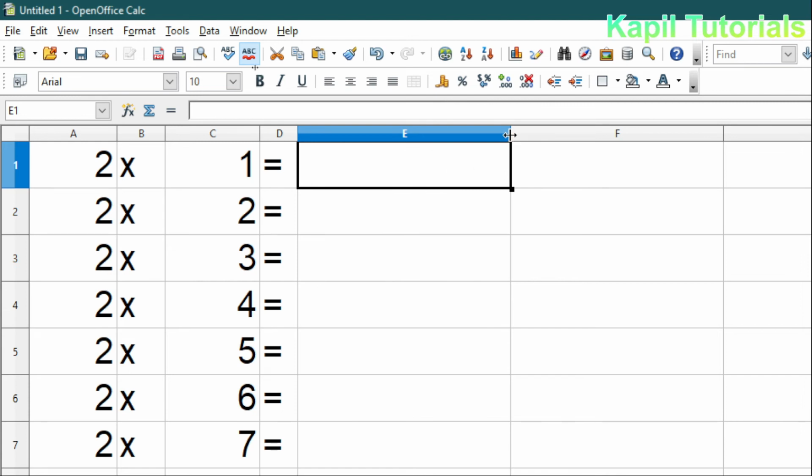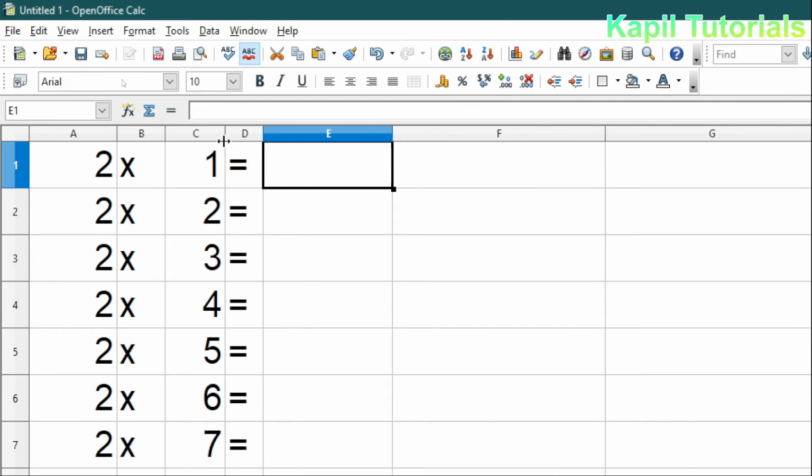Now here I have to type the formula, so it's very simple, you know very well, is equal to A1 star sign, multiplied by C1, and I'll press enter key, so it's coming 2.